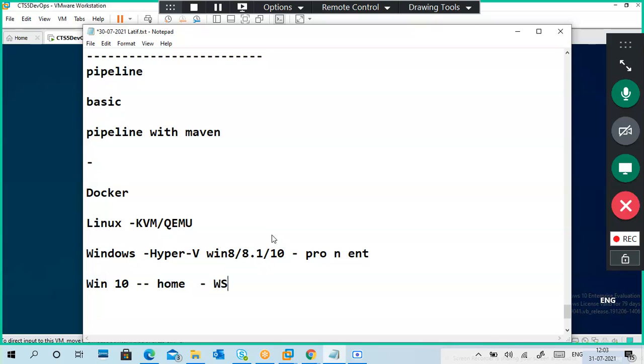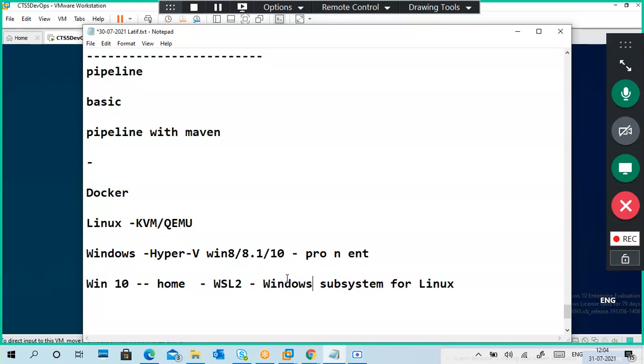Then you have to compulsorily use this. What is this? It is the Windows Subsystem for Linux. It's like Windows with Linux, because Linux is open source. Anybody can take it, no ownership, right? So Windows Subsystem for Linux.